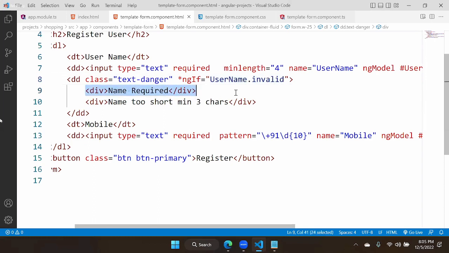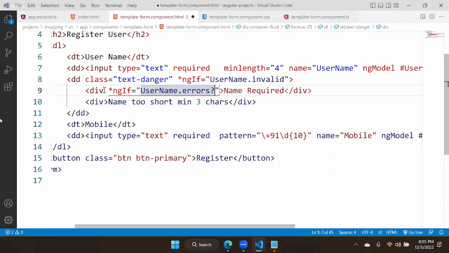The required message should display when the required error occurred. The minlength message should display when the minlength error occurred. So here we need to write another ngIf. When should this display? If the error is required, that means username dot errors is optional, so dot in that, the error type. What is the error type? The error type is required. If the error type is required, then